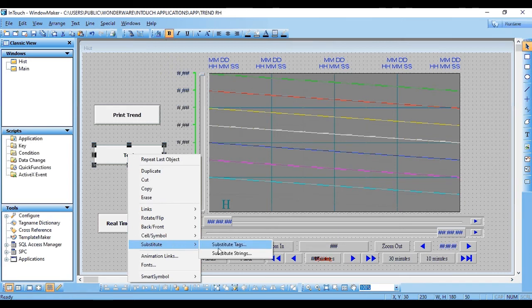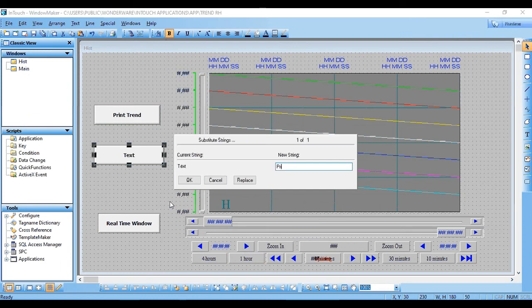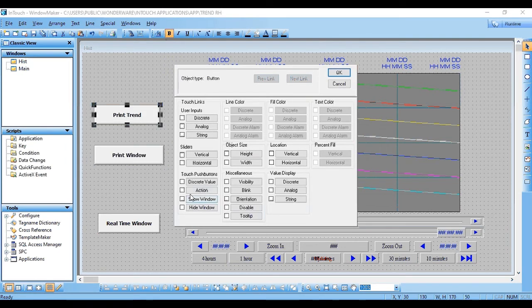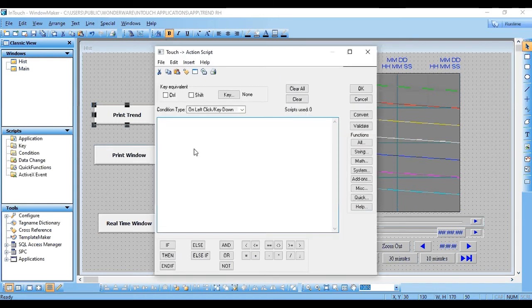So we will check two different features, print trend and print window. To print the trend, the command is print ht, which is historical trend, with our tag name in the bracket, so it was xx.